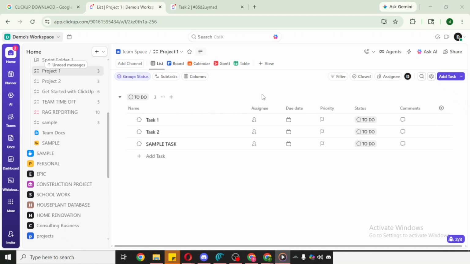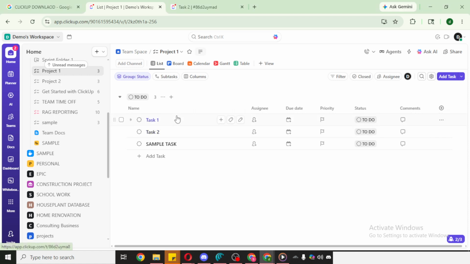Start by opening ClickUp and signing into your account. Give the workspace a moment to load so all your spaces, folders, and lists are fully available. From there, navigate to the exact area where your tasks live, whether that's a list view, a board view, or your Assigned to Me page. The goal is to begin from the place where you can clearly see the tasks you plan to hop between.